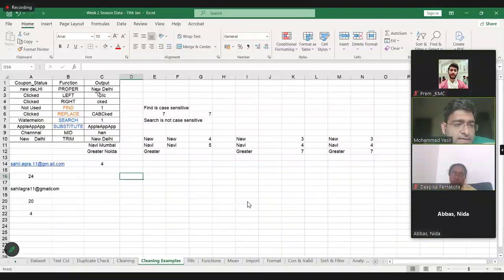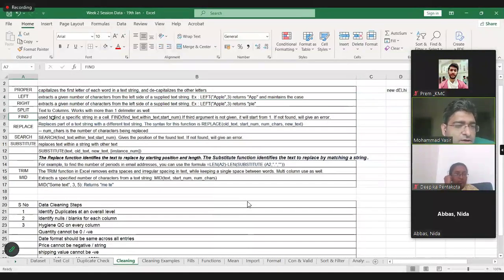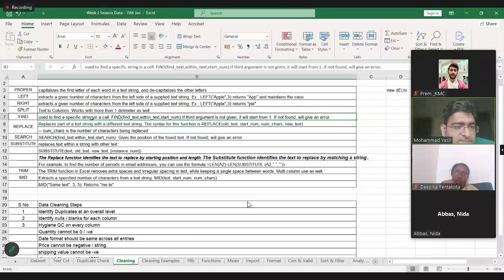Okay, so left is done, right is also done. We will now come to FIND. If you see here, the definition of this function, it is used to find a specific string in a cell. The arguments are the text we want to find within our raw data and the starting character or starting position we want to check from.